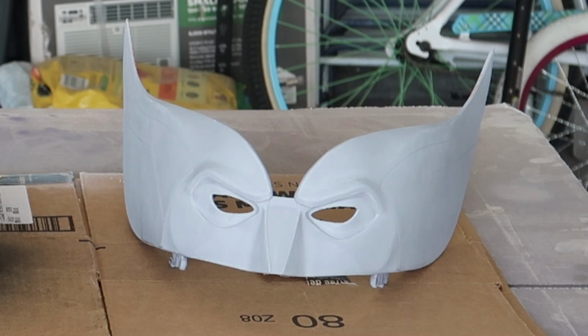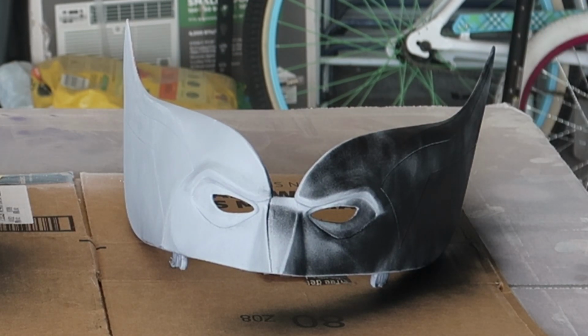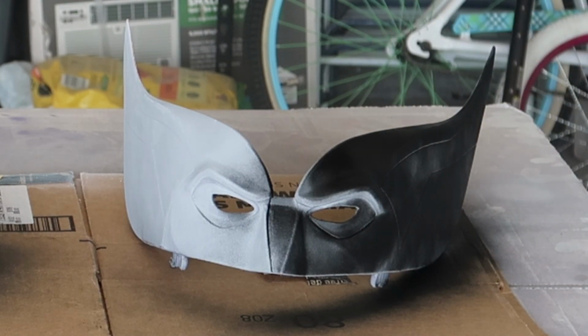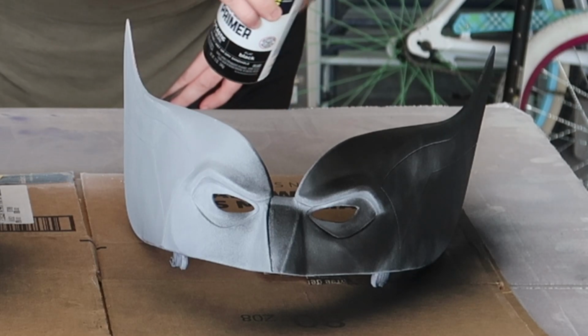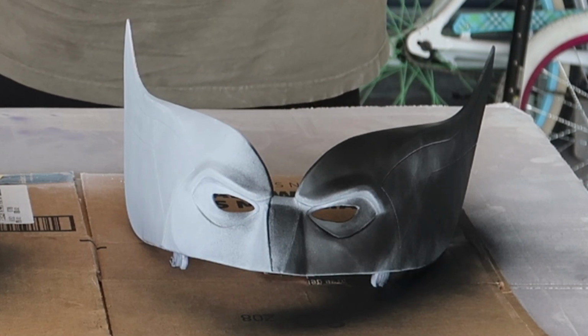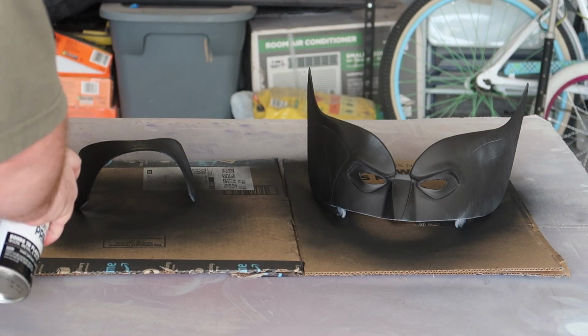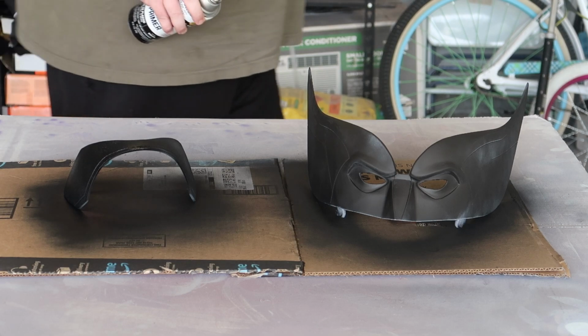The mask itself is a special case because in all the promo images that we have of it, it looks black, but it's actually not. It's a really, really dark navy blue, almost dark to the point where it looks black, but when you really look at it, like the Hot Toys promotional images of Wolverine and some other more close-up images of the mask, you can really tell that it's this dark navy blue color, especially around the eyes. You can tell the eyes are actually black, and there is a slight difference between the rest of it. So what we're going to do here is paint everything black first,